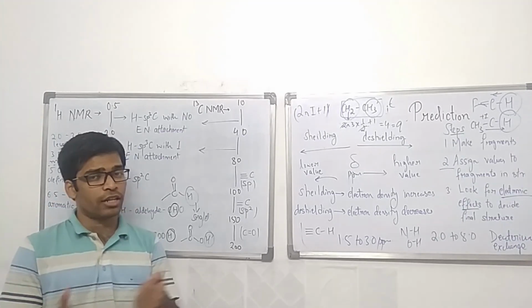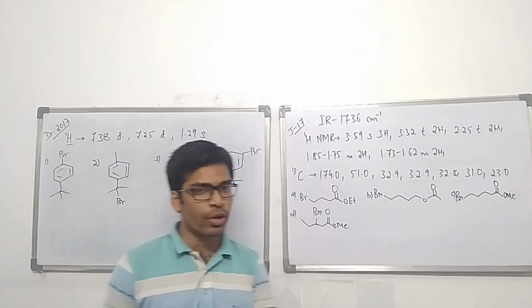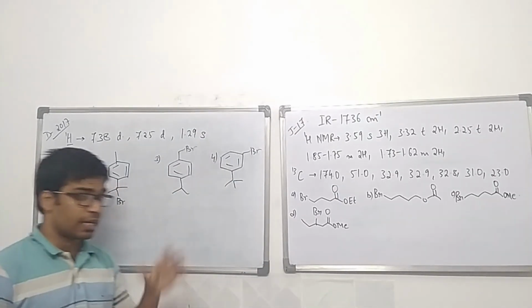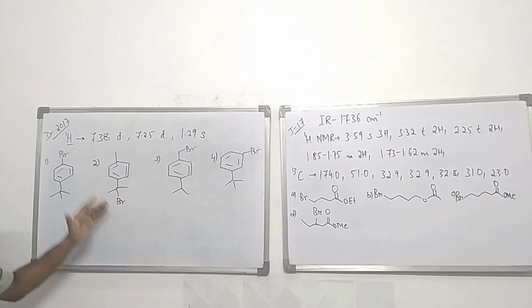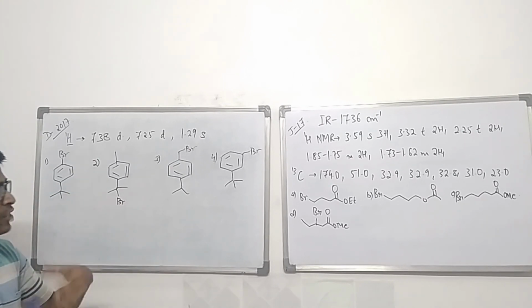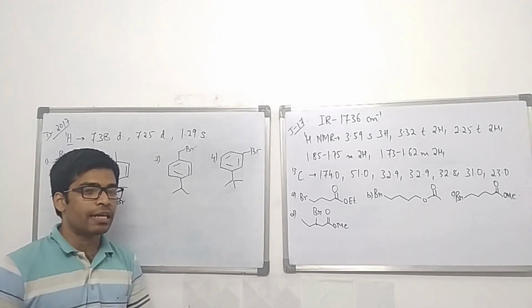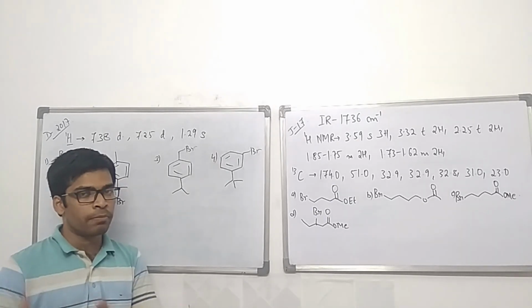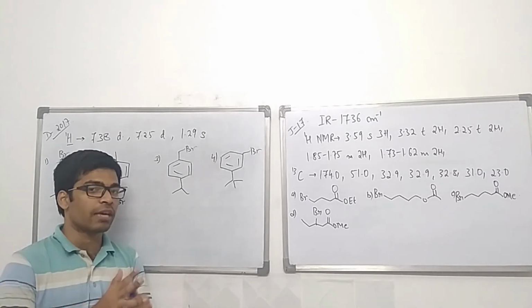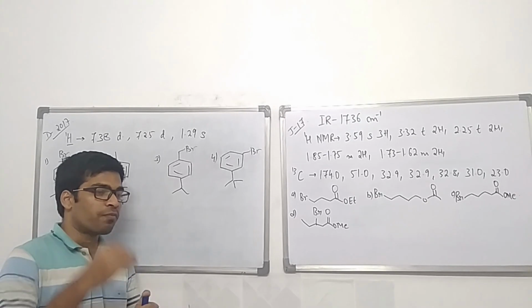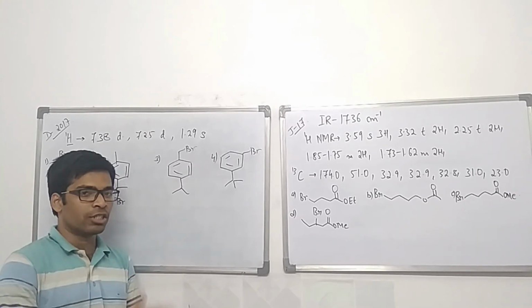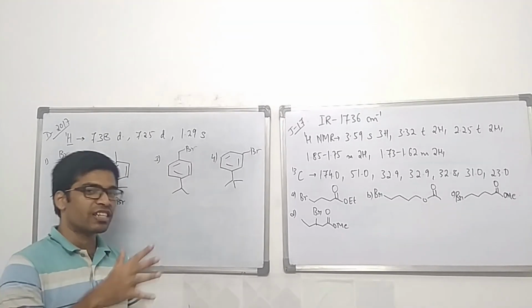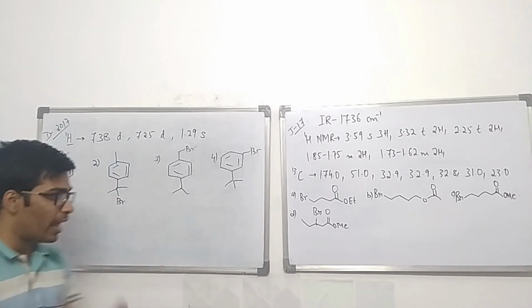So now let us look at this question which have come previously. Okay, now let us look at some examples from questions. The easiest example I have taken is from December 2017. Now there is one more concept here, that equivalent protons have the same chemical shift value, that is, they have the same signal. If the number of different types of protons in a molecule increases, the number of signals will also increase, and this is going to help in this particular question.